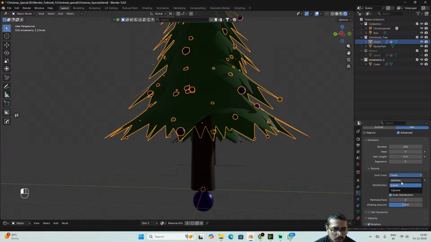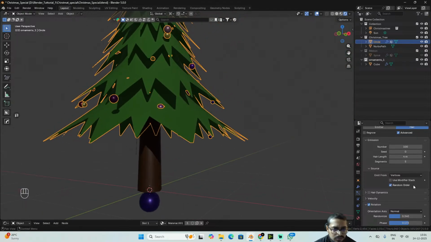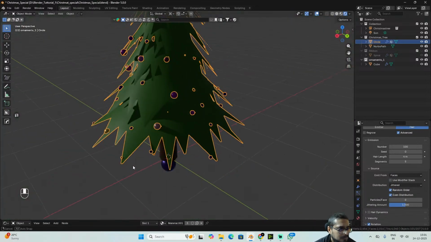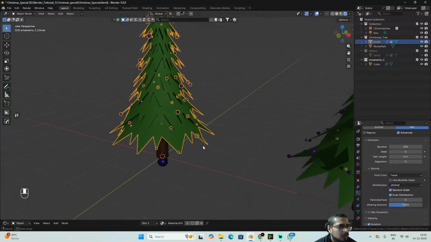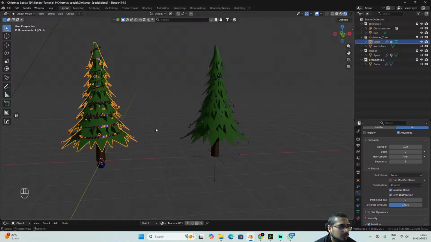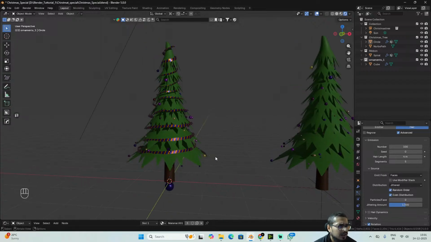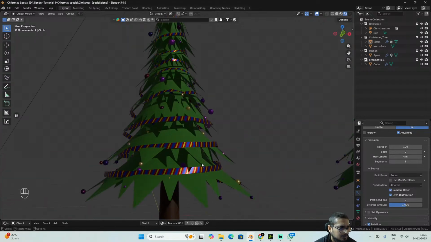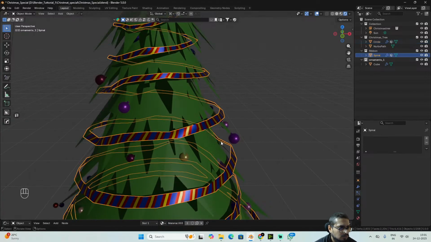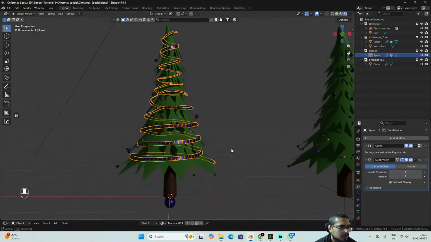Source faces, no, vertices. Faces was working better. Let's turn on the ribbon as well. Looks decent but not that great. We might need to add a subdivision surface maybe to this to make it a bit smoother. Yes,